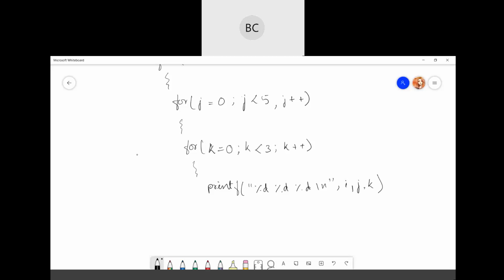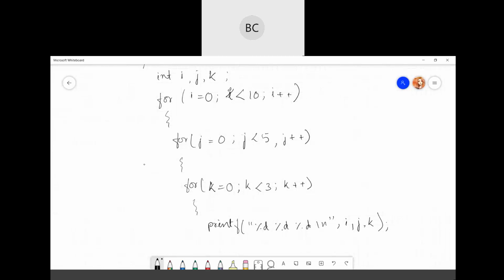I'm not doing anything, I'm just writing the values. So the first loop, the i value, should go from 0 to 10. For j, the value should be 0 to 5, less than 5. And for k, the value should be 0 to 3. These are the conditions.